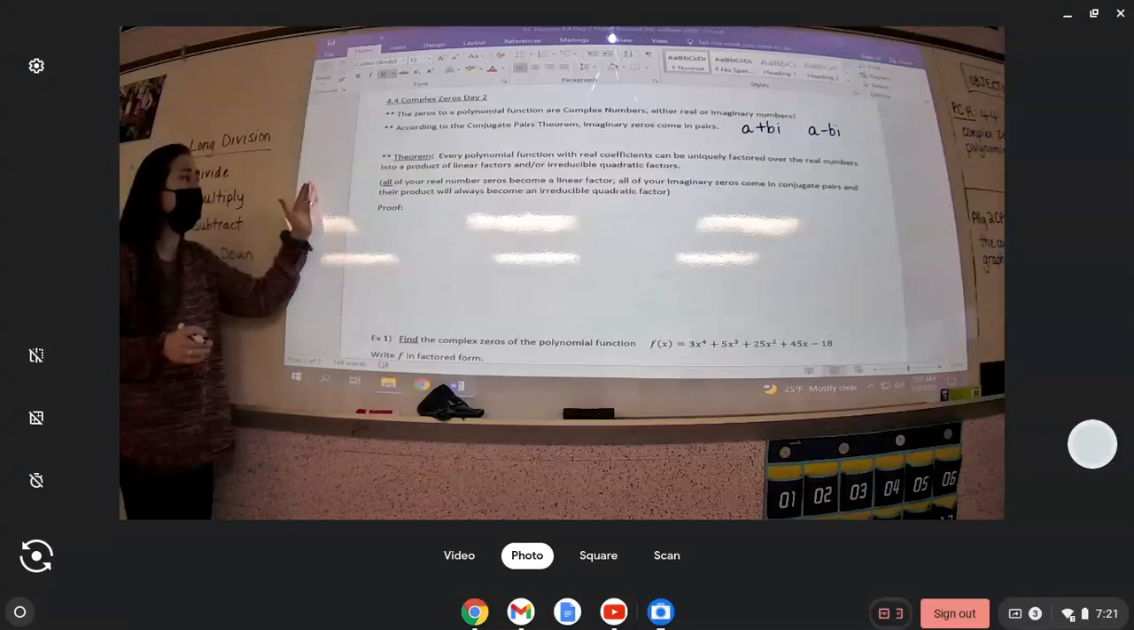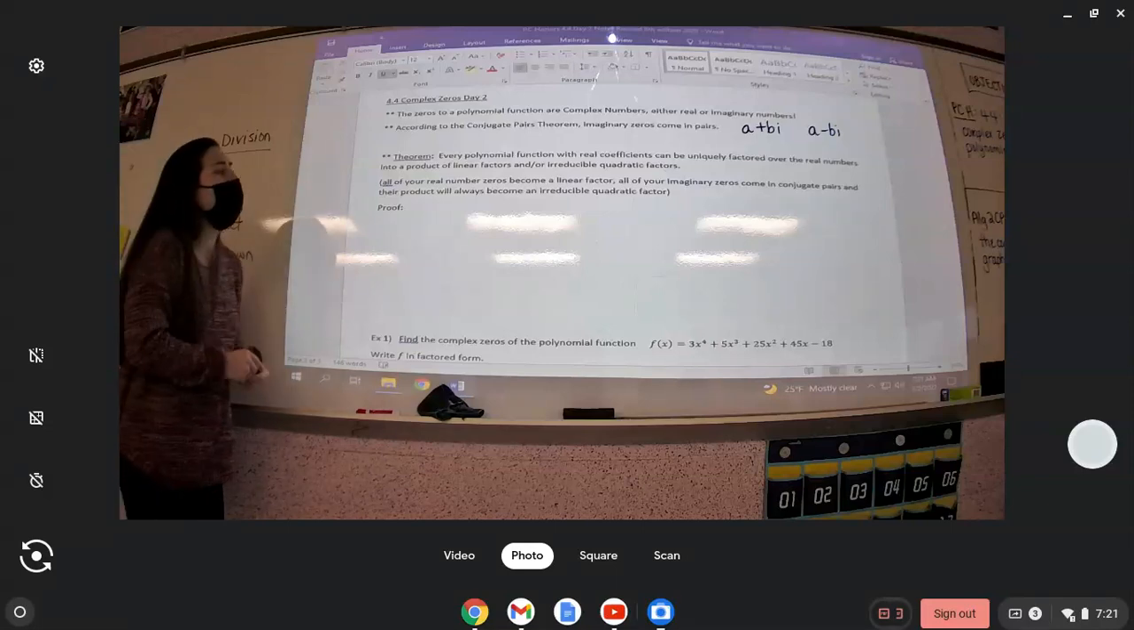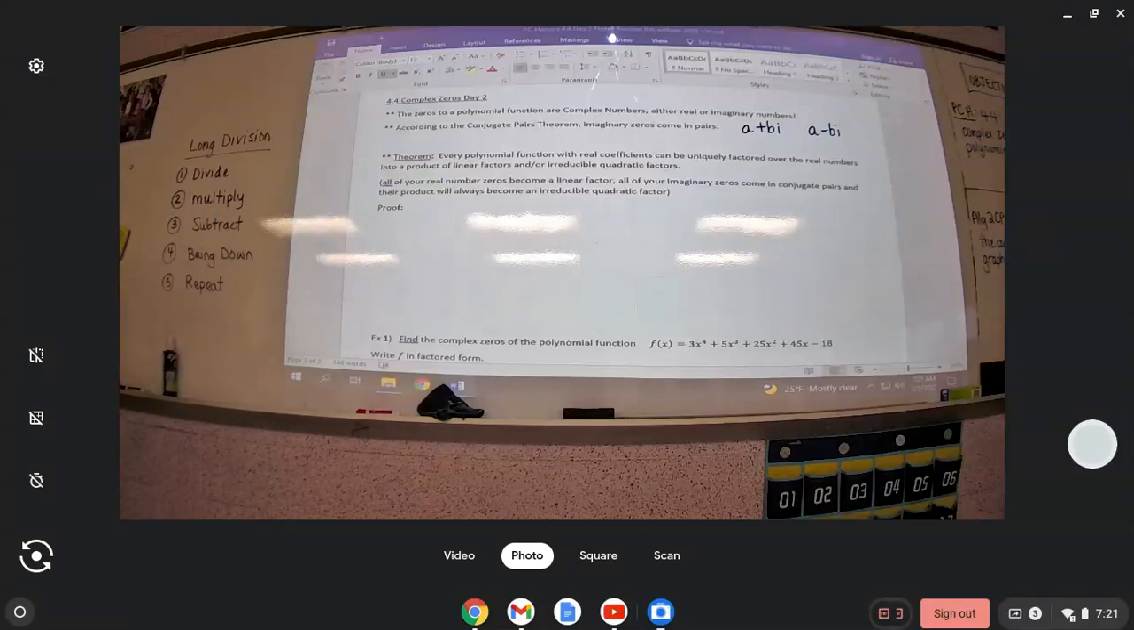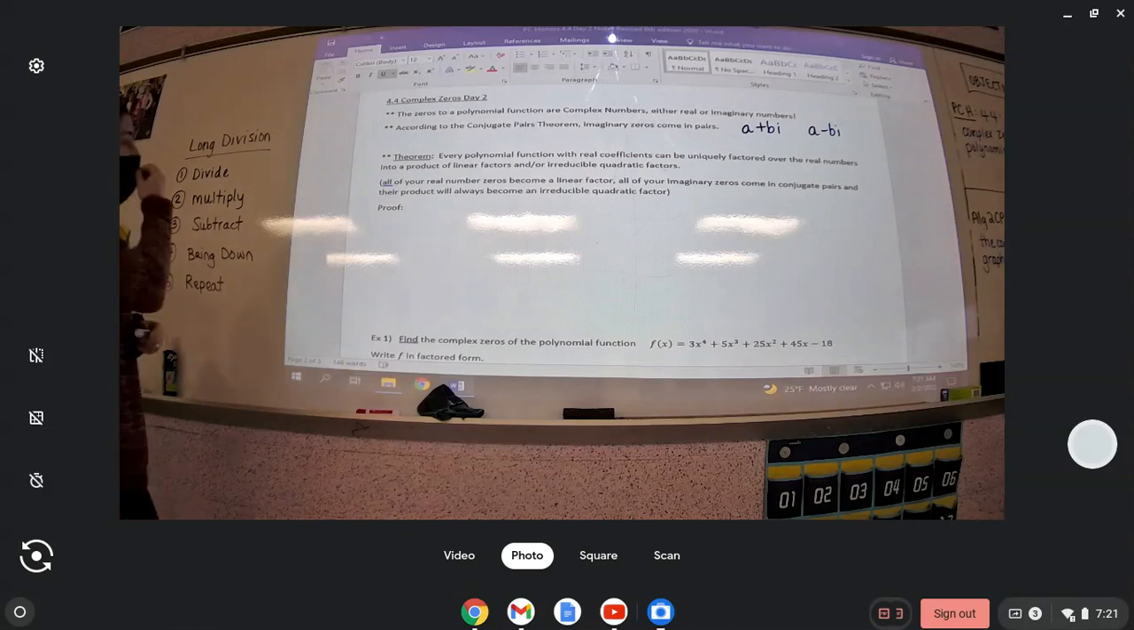All right. Another theorem. It says every polynomial function with real coefficients can be uniquely factored over the real numbers